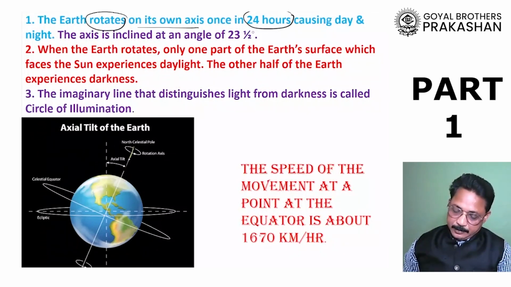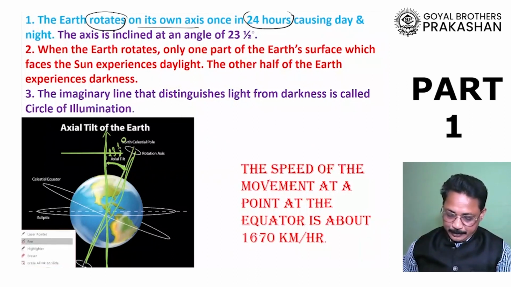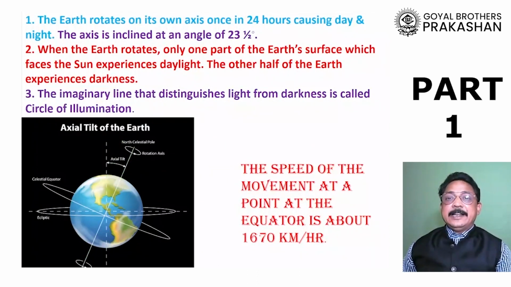Look at this part. This is the tilted axis and this is the original axis. Suppose the Earth's axis was this way, but now it is not exactly vertical, but it is tilted over here, and this angle here is 23 and a half degrees, dear student. So Earth's axis is tilted.